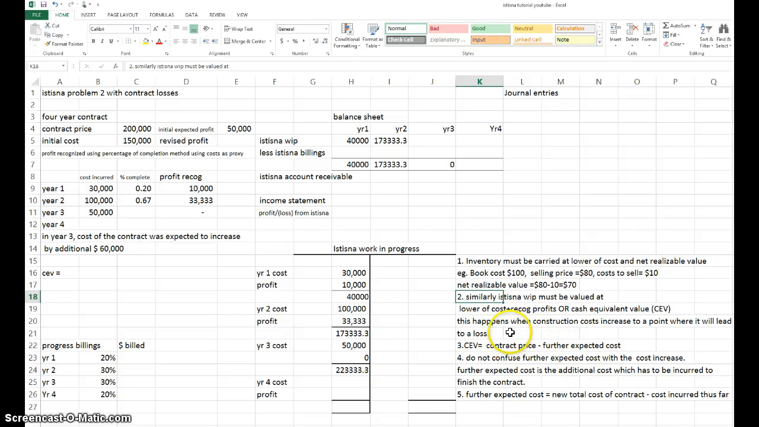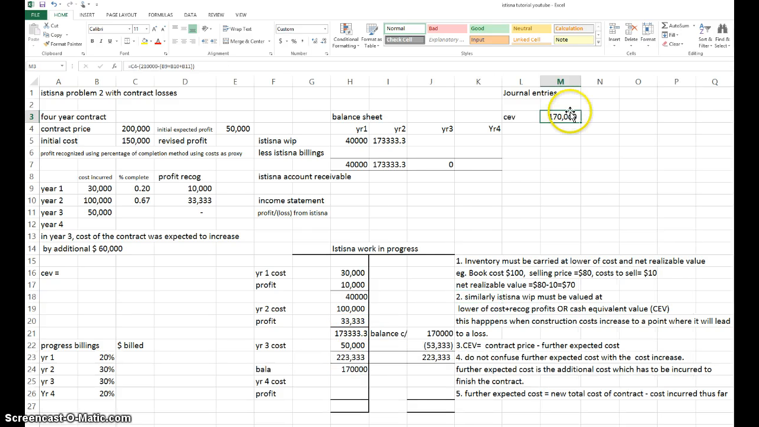Now let's go to the case of this istisna. We have the istisna, and we have now put in the cost and the profit. If we forget about the profit for year 3, there is not going to be any more profit. We've taken too much already. So if we take last year's cumulative WIP plus this year,